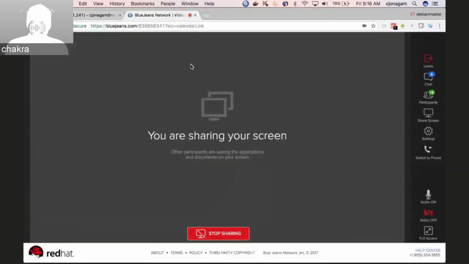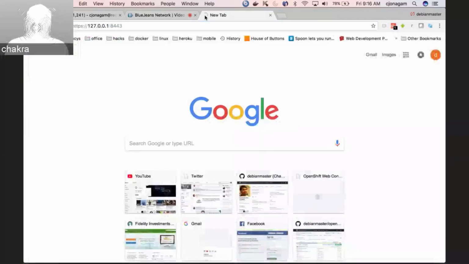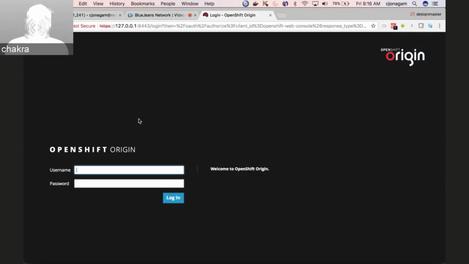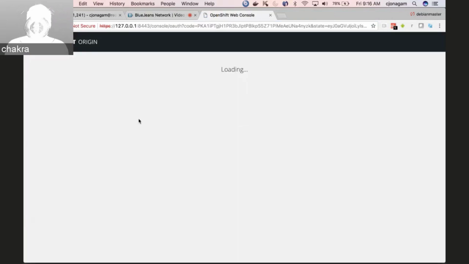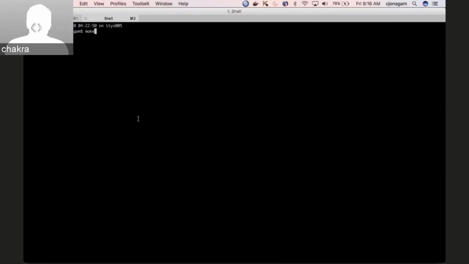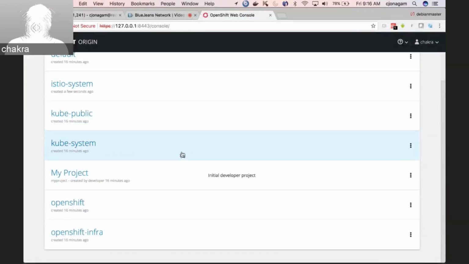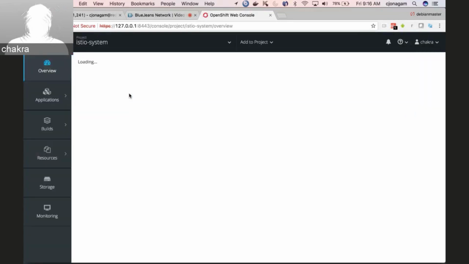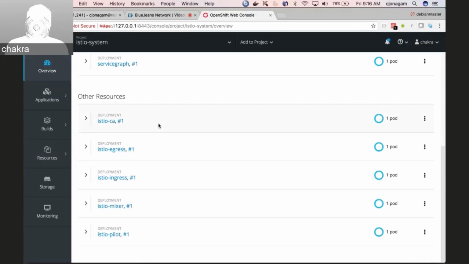So now the Istio control plane should be provisioned. If we go back to our cluster, I'm going to make my user cluster administrator so I can see everything. Now it will create a namespace called Istio system where everything will be deployed. So you can see Istio certificate authority, egress, ingress, and then mixer and pilot. These are basically the Istio control plane